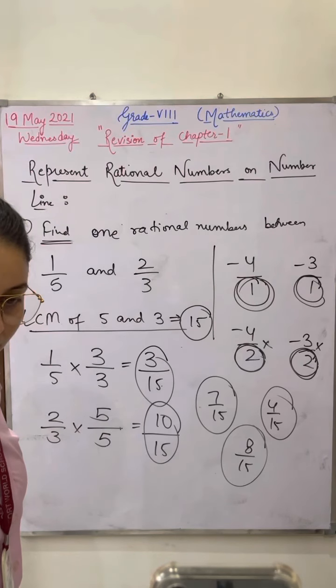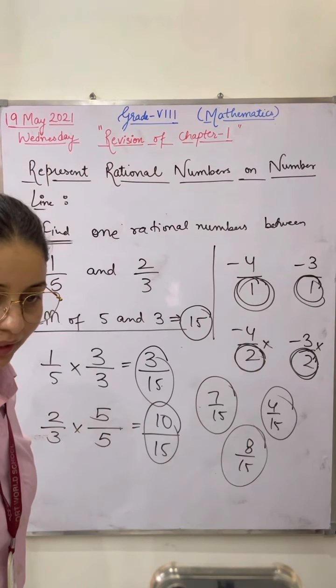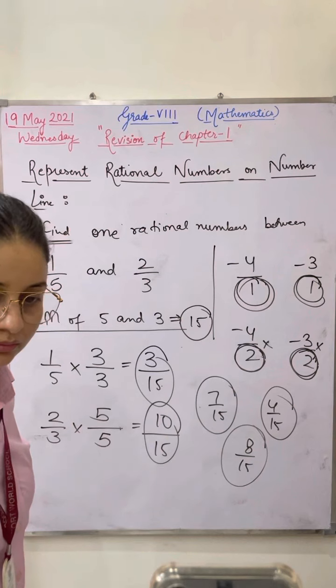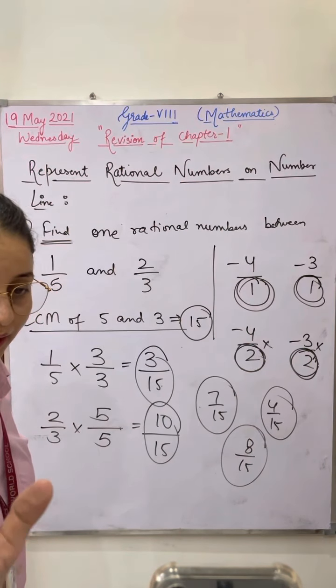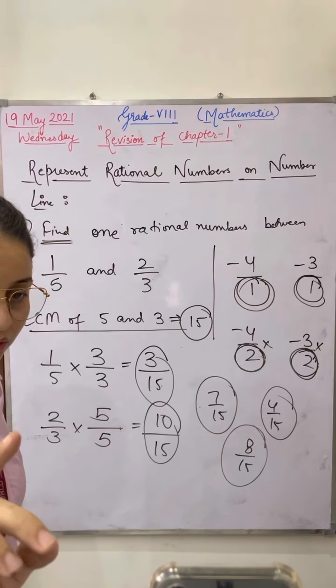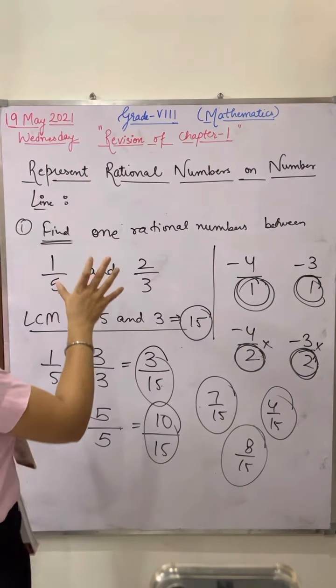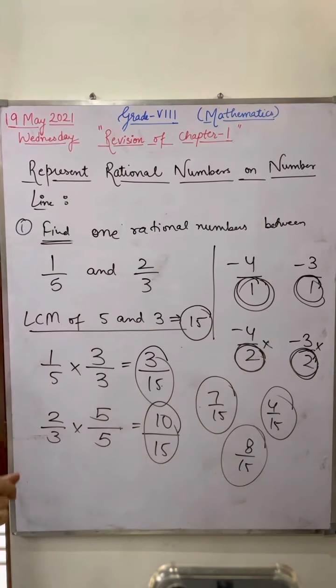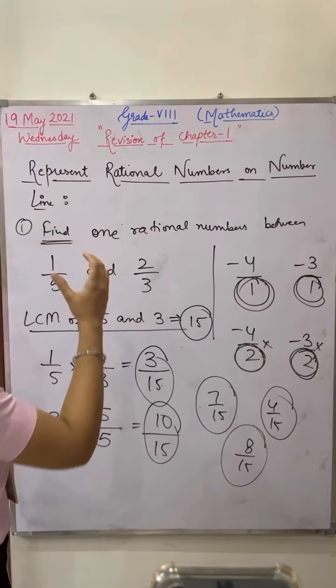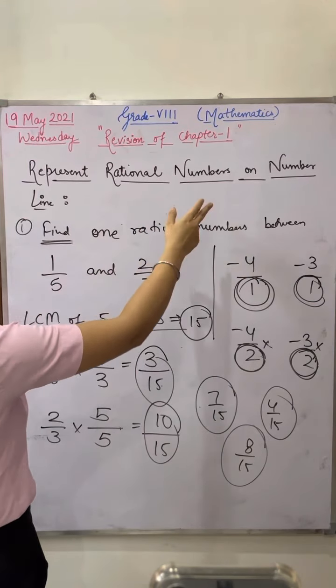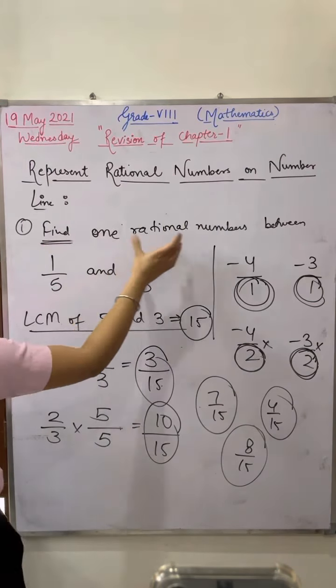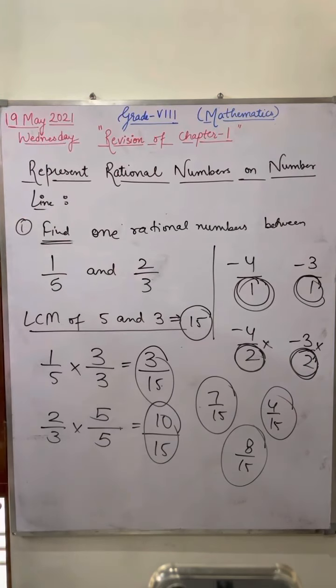Okay? Right. Any doubt? So I'm telling you that by tomorrow I'll discuss. Please try to do this concept once again at home today. In the evening you can ask me, ma'am, yes, I'm able to represent the rational numbers on the number line, and I'm able to find the rational numbers between any two rational numbers. If you are not able to find them, you can ask me where you are having a problem.